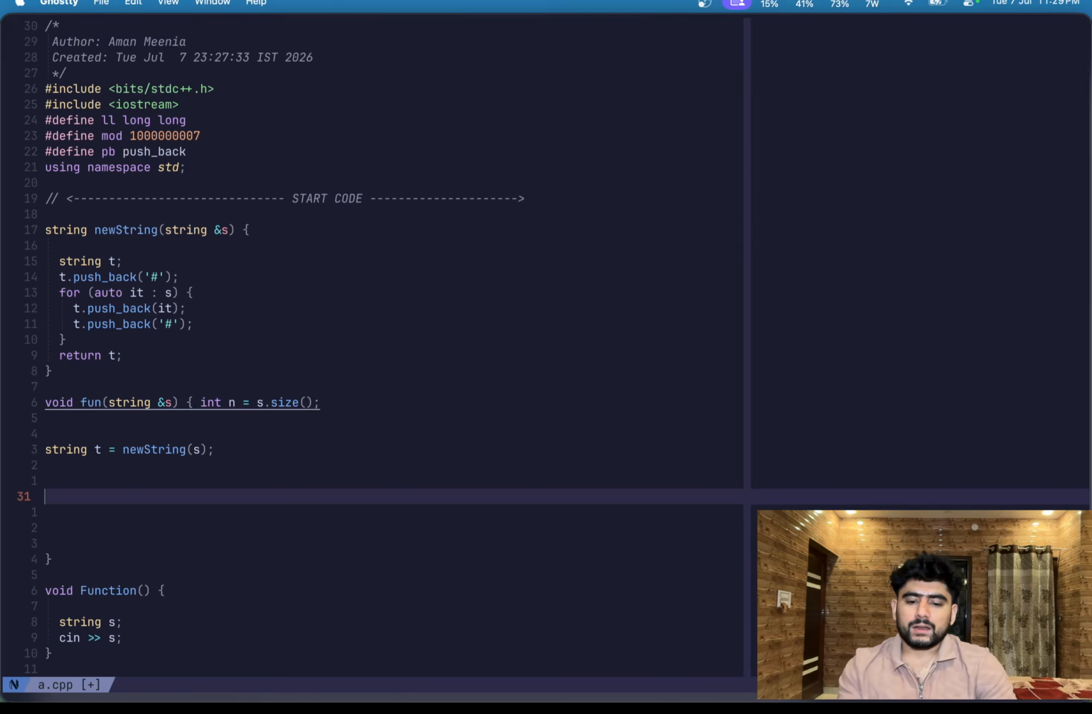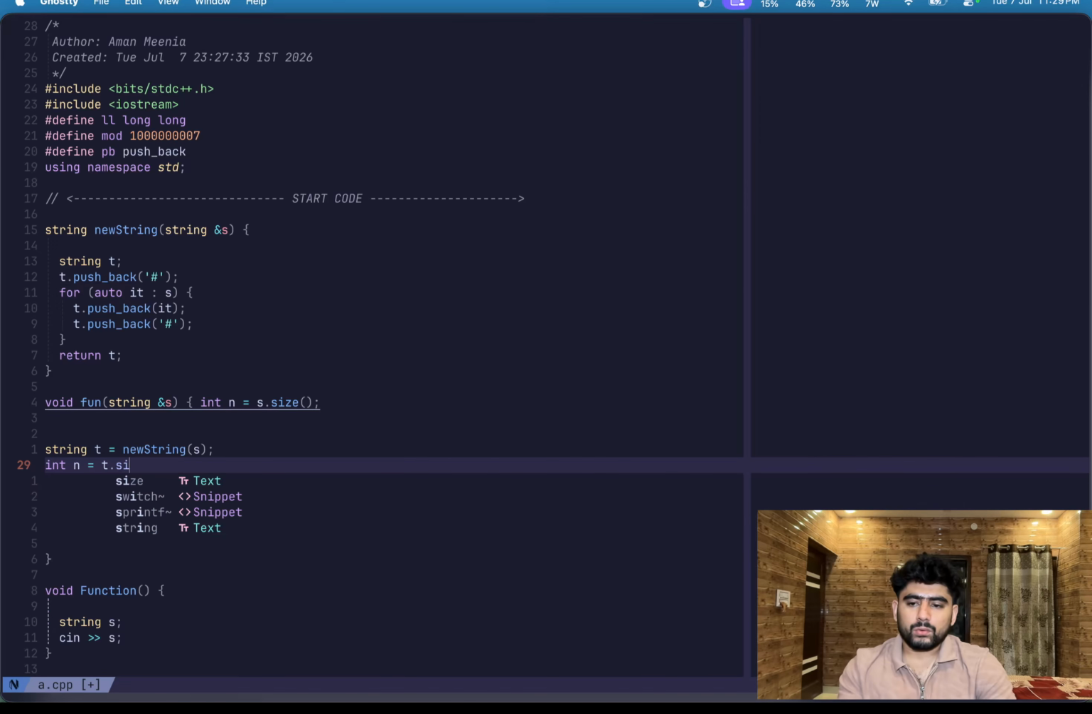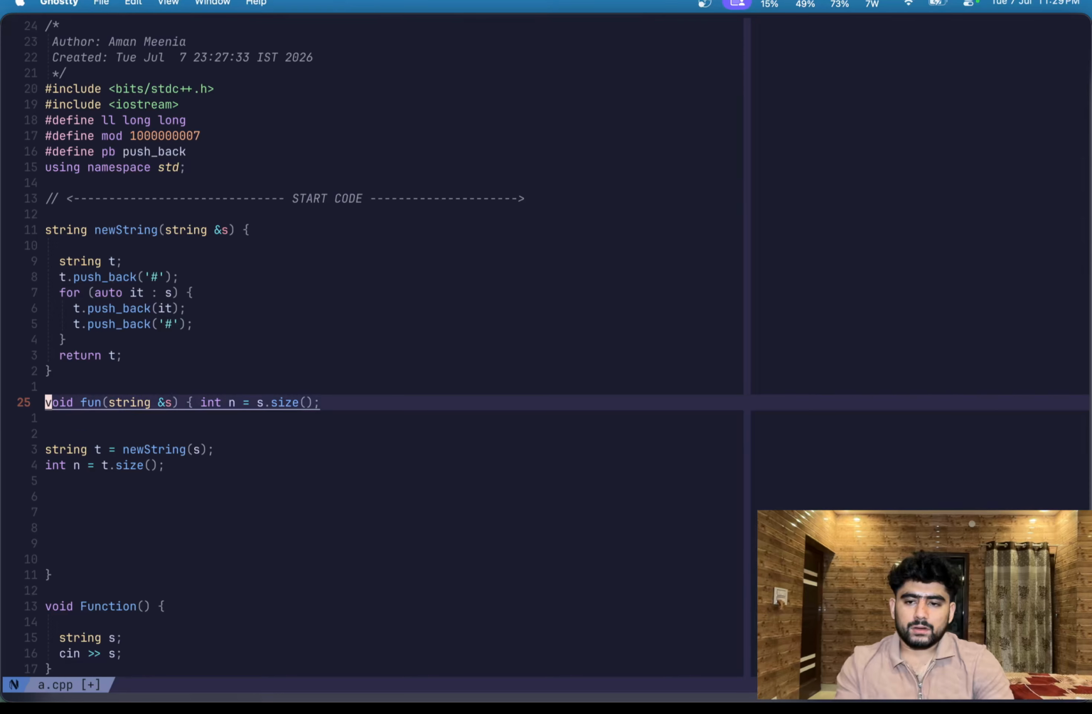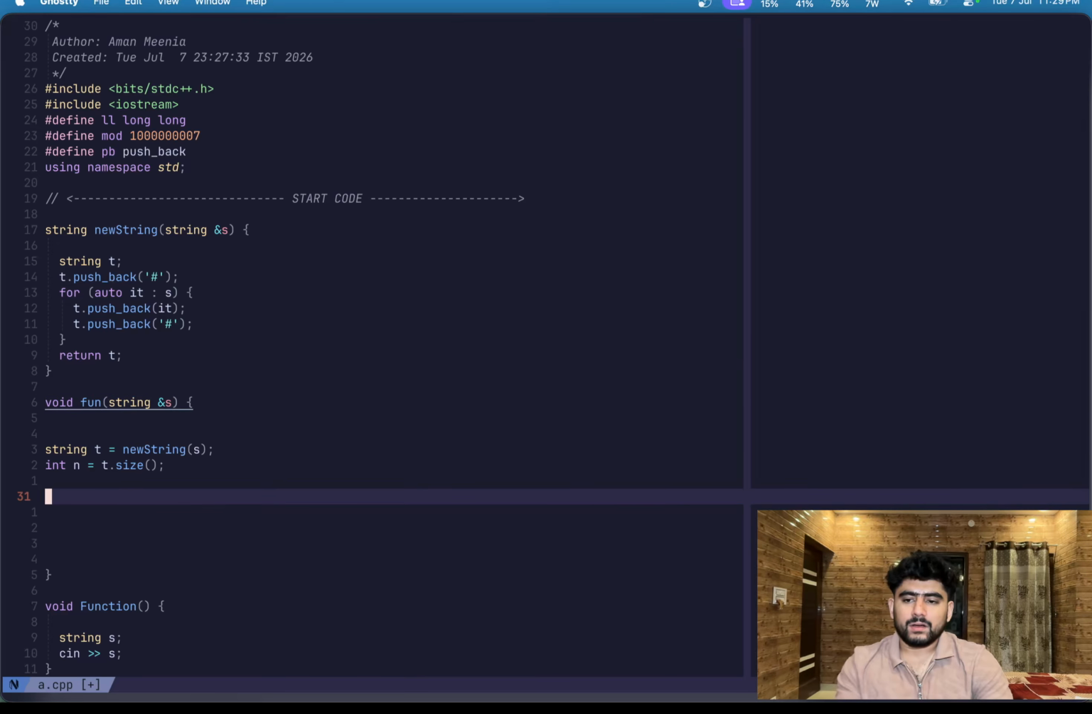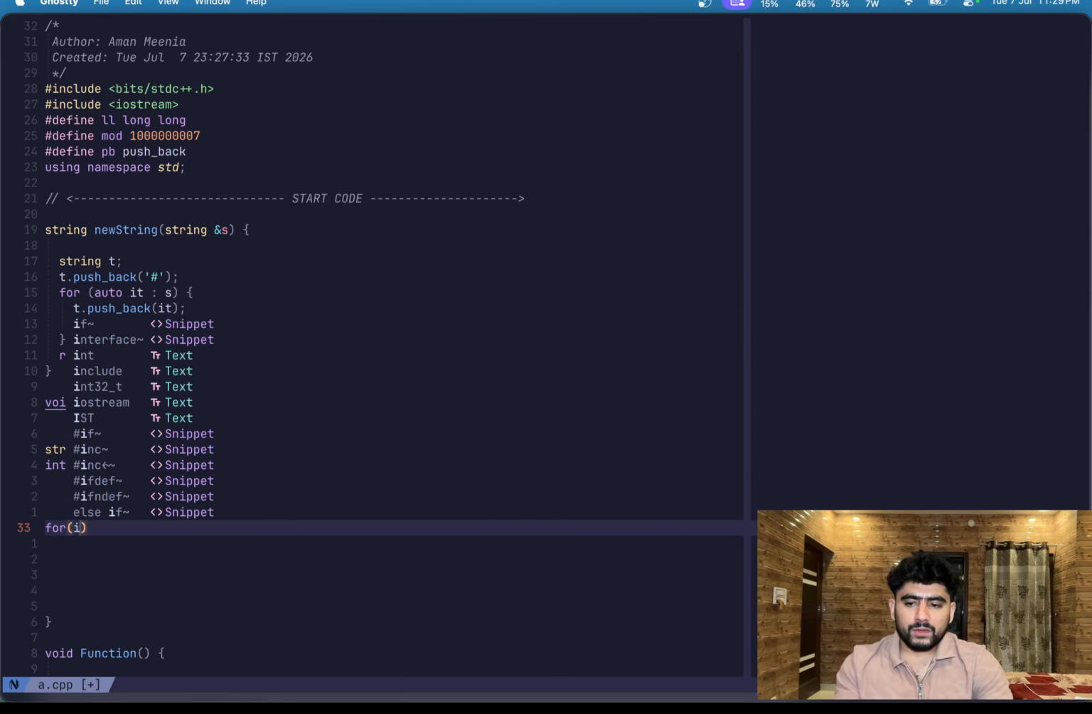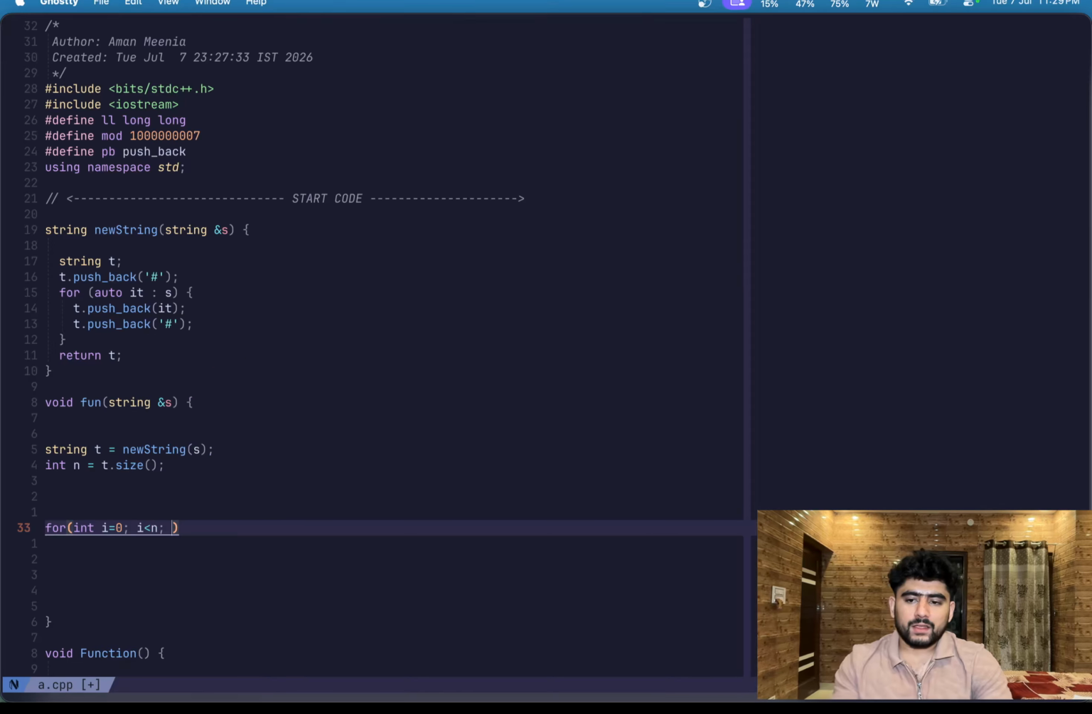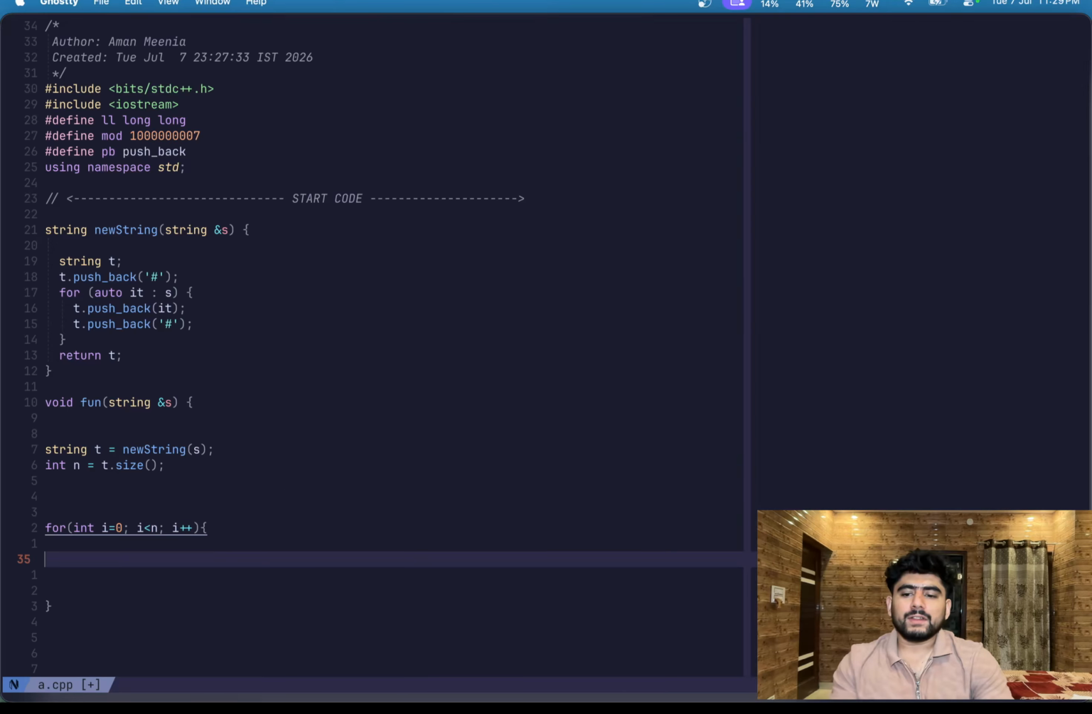So yeah, we get our new string. We can simply remove this size variable. And after that, what were we doing? We are iterating from i equal to 0 while i is less than n, i plus plus. We are iterating this loop, and for every i we have something like